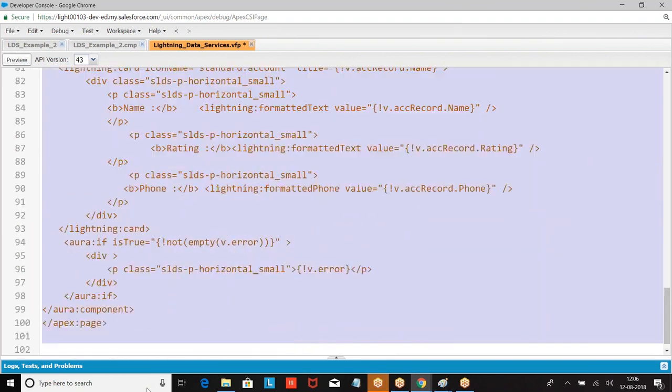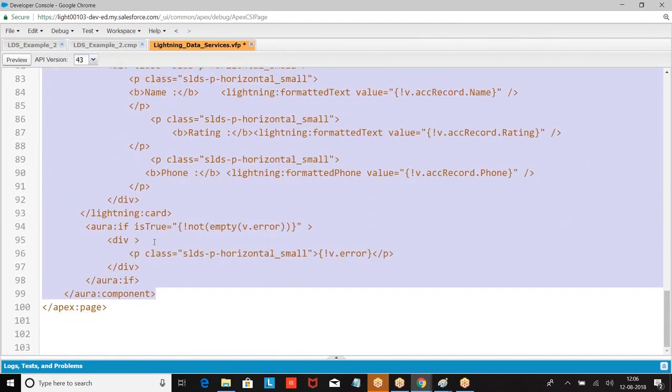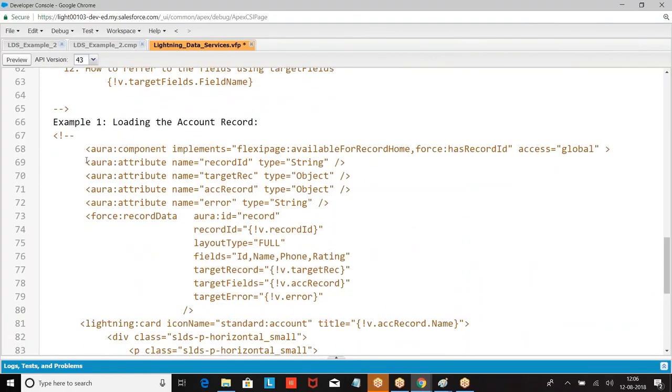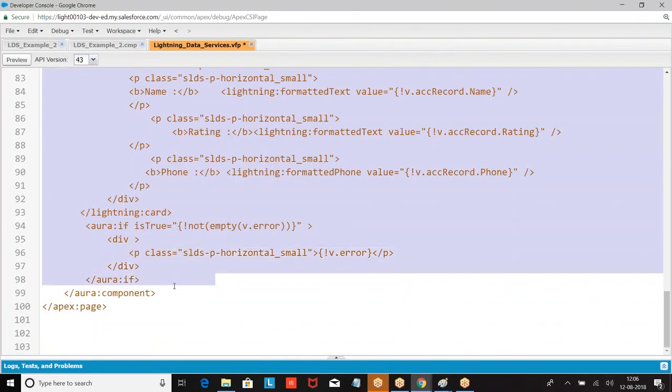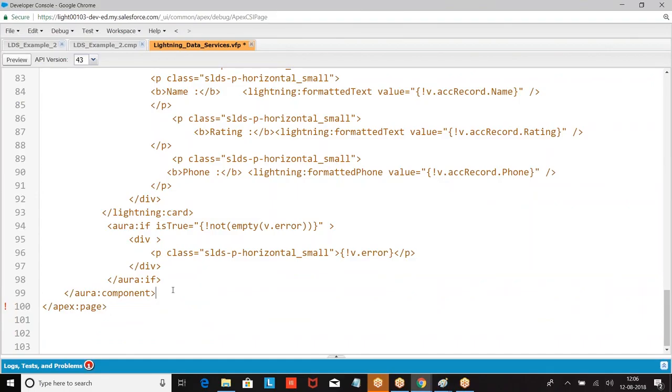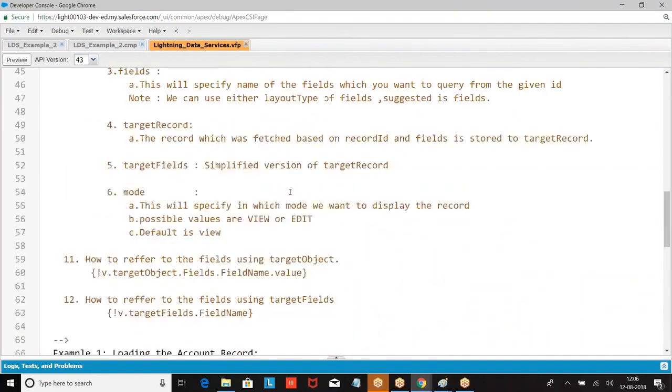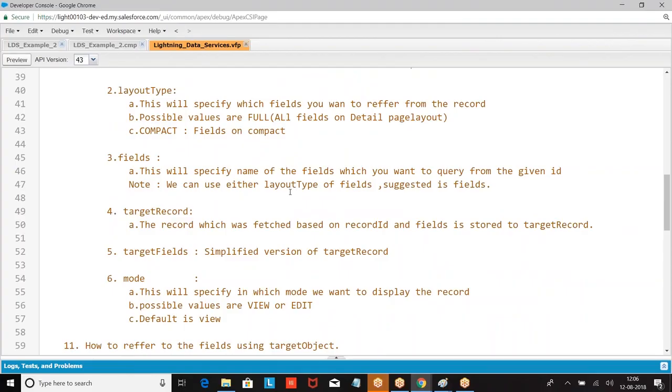Now let us go to the next concept here. Save the record. Right. So let us go to the next concept. How do you save the record? If I want to save the record, it should first be in the edit mode. Only when it is in the edit mode can I modify and save it.